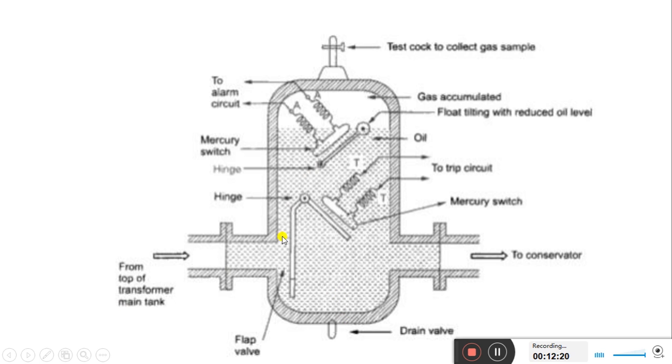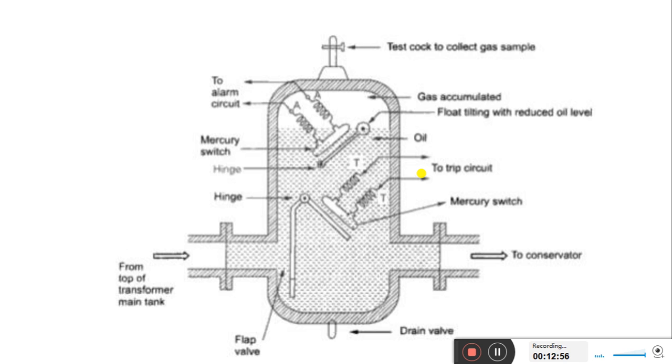excess gas is generated inside this relay and tank, and the pressure increases, so the oil from the main tank rushes toward the conservator, and this flap valve gets actuated, so the mercury switch gets closed, giving the indication and at the same time a command to the circuit breaker to trip. This is how the Buchholz relay is utilized for protection of the transformer during an internal short circuit or phase fault